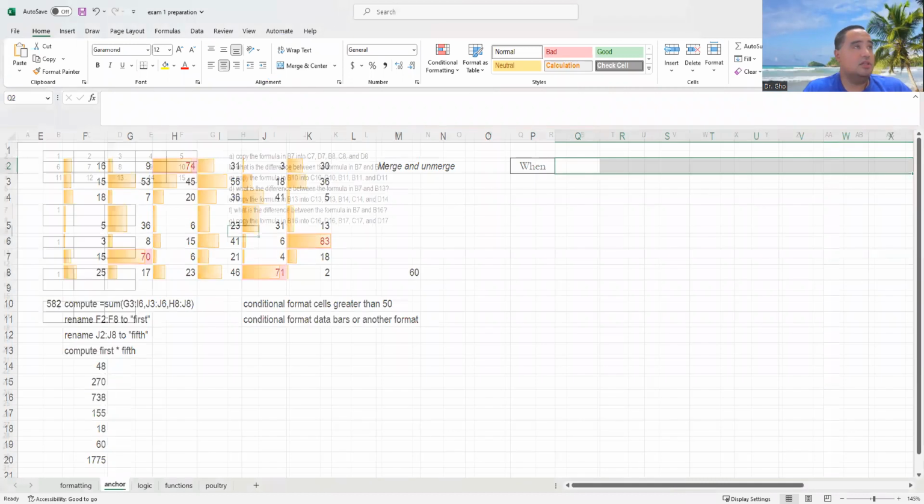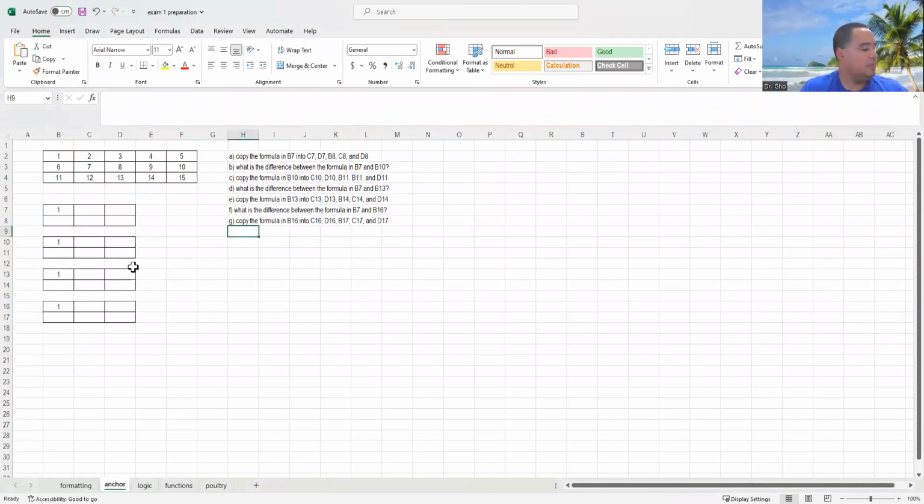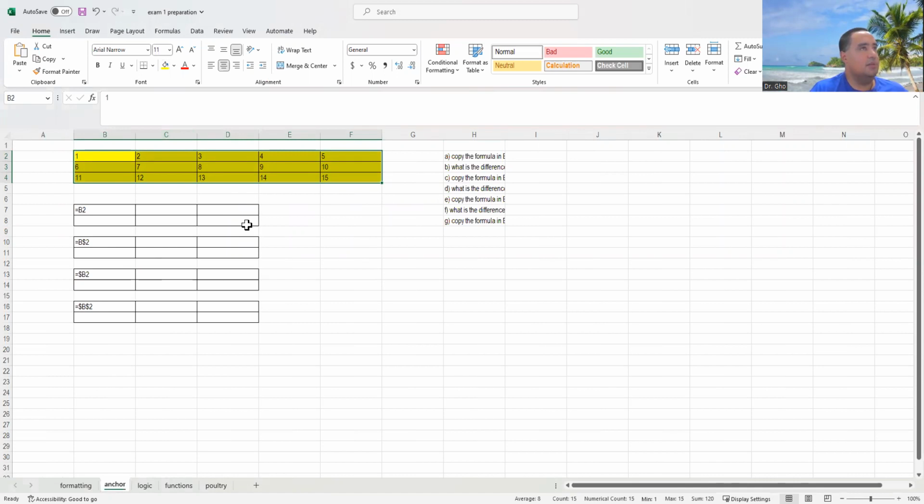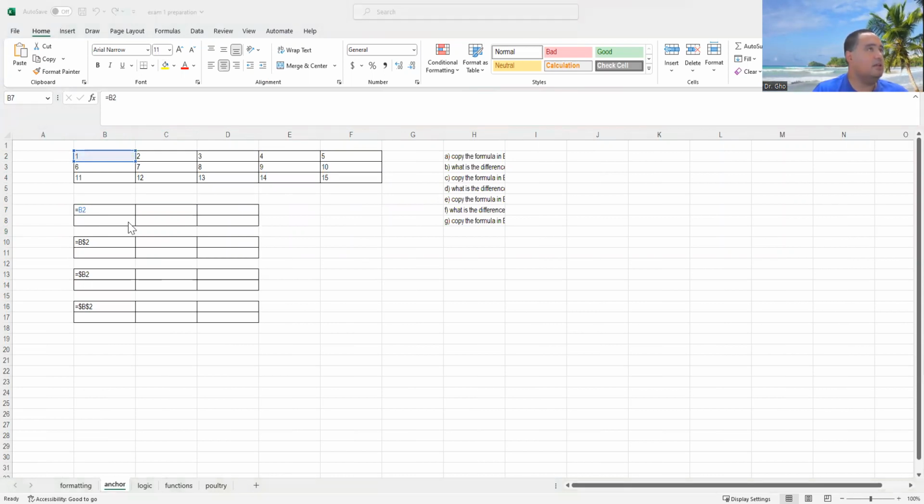Okay, there's some merging. Let's look at what happens when we anchor. I'm going to toggle control, the little tilde thing. Let's just see what the formulas are. You'll notice these cells right here, I'll highlight them. They just have numbers. These cells down here, in column B, so 7, 10, 13, 16, all of these have formulas. And these formulas are a little bit different. The first formula that I have is, let's see,